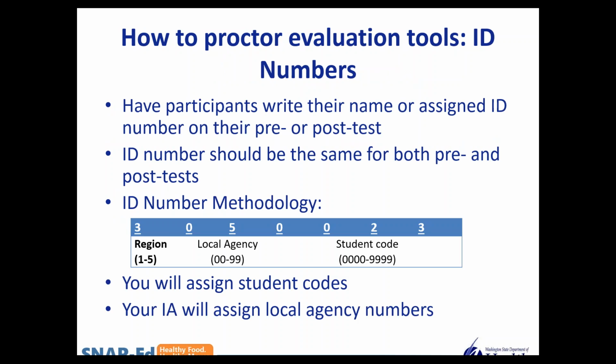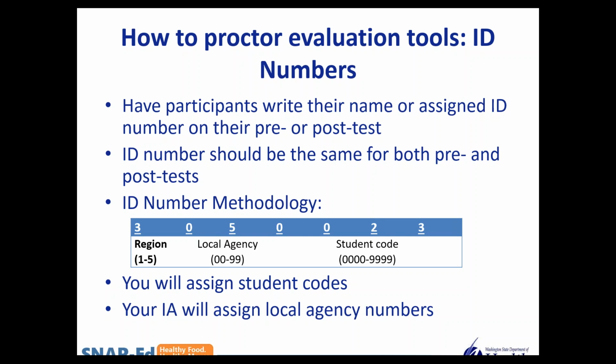So now we're going to move into ID numbers. I know this can be a little bit confusing. First off, participants don't necessarily need to have an ID number on the survey that they take, as long as you black out those ID numbers, or the names or school ID number, some other identifier that you choose, so that we at the state level can't see it. That's perfectly fine.